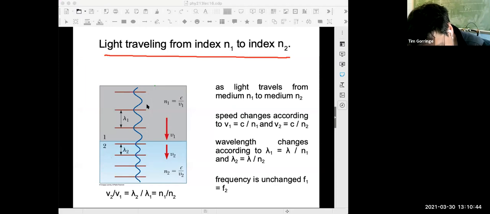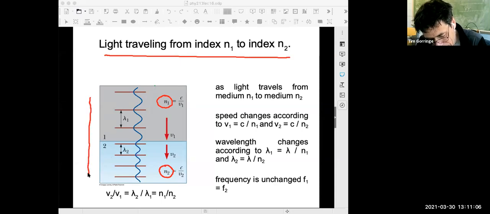So if you look at this sketch, this is the incident medium in gray. Called its refractive index here, called it N1. And this is the refracted medium, N2, call it refractive index N2. So light is traveling downwards from the incident to the refractive medium, from this top to this bottom medium. And we're just going to walk through what happens to the speed, what happens to the wavelength, what happens to the frequency, all those characteristics that we